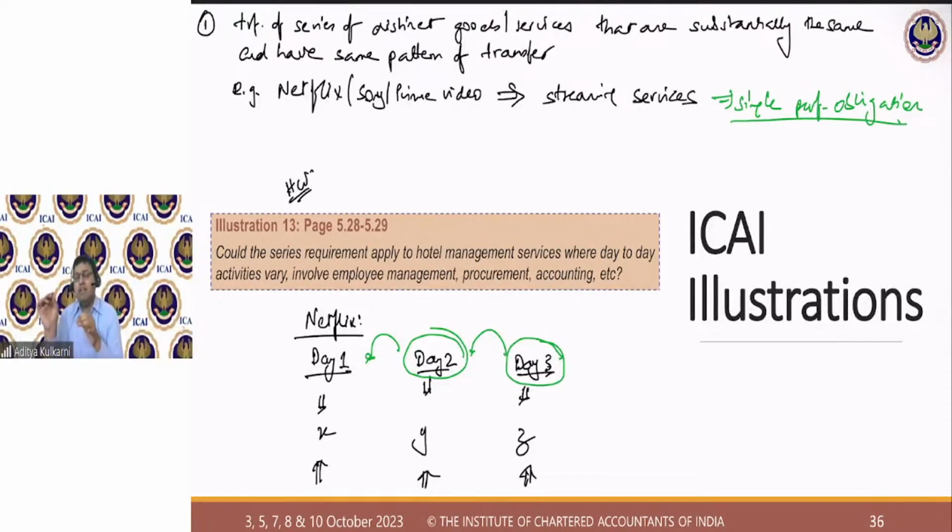You cannot indefinitely postpone it because, one, the pattern of transfer is the same. And secondly, the services are being consumed as and when they are being provided. So Airtel provides you call services. You are making the call and consuming those call services at the same time. So it happens and gets consumed at the same time, and therefore you introduce these artificial milestones in between. Is it understood? Have you understood this?